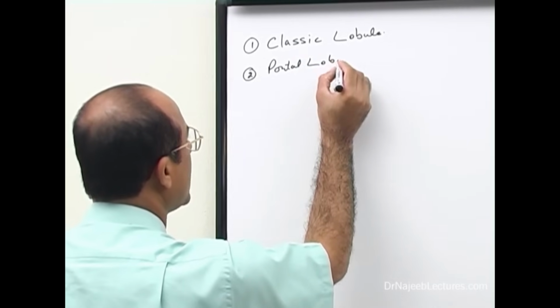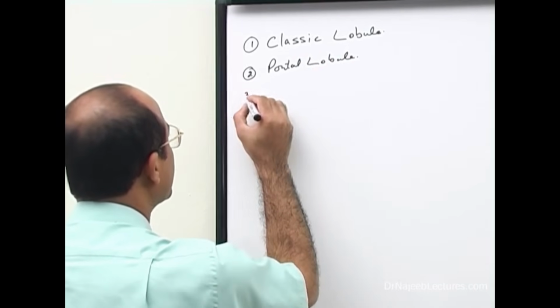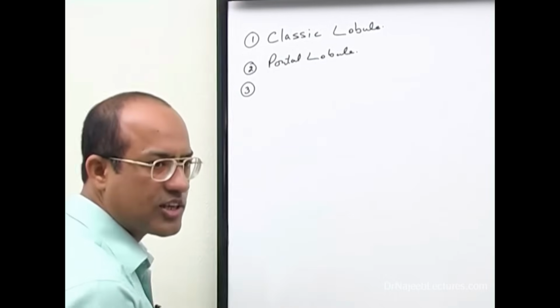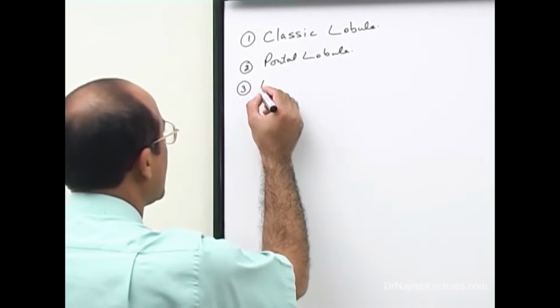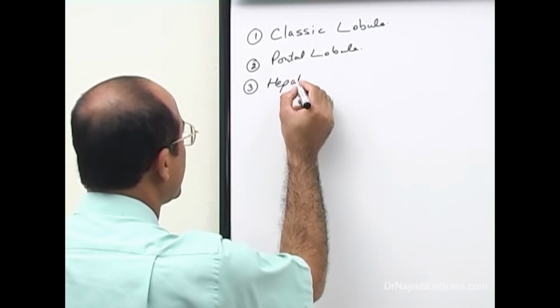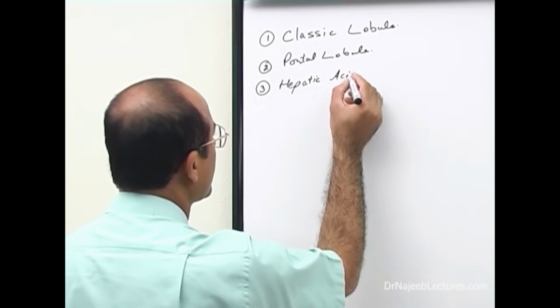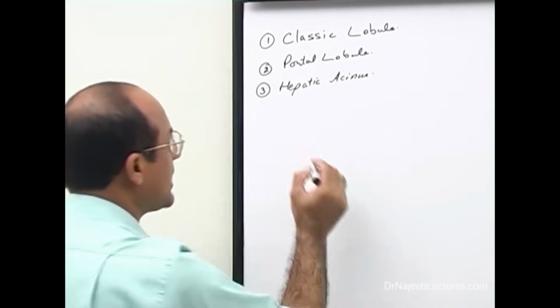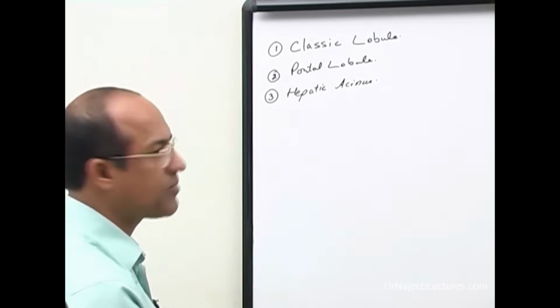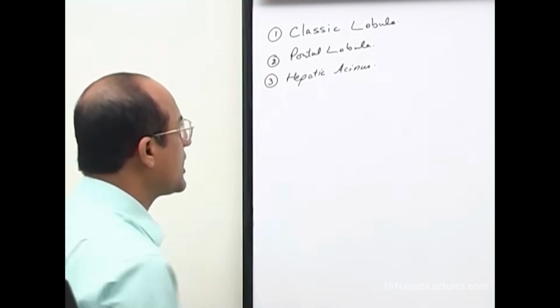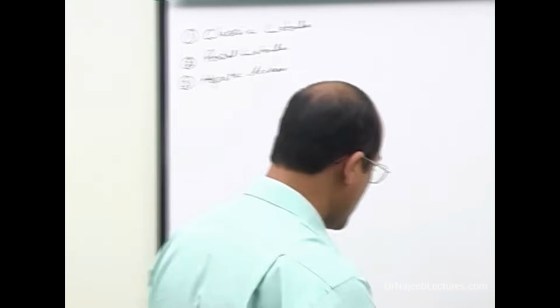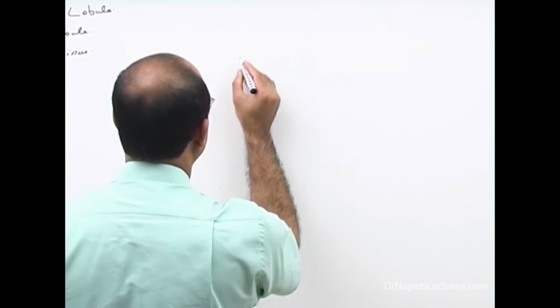Another way to look at the liver architecture, and still one more way to look at the architectural and functional aspect of the liver, is when you talk about hepatic acinus. I will first draw the classic lobule, three or four of them, then I will explain the other two types as well. When we talk about the classic lobule,